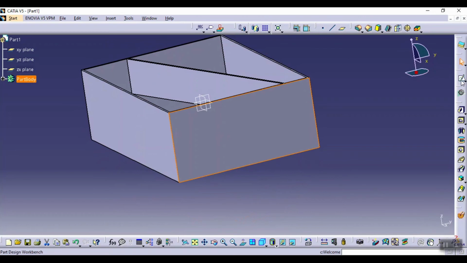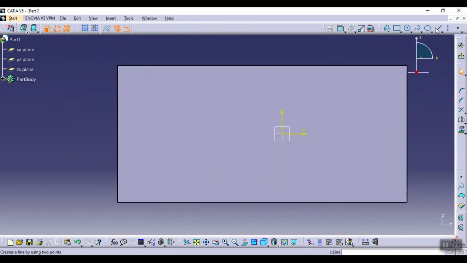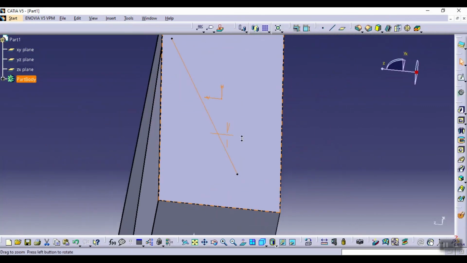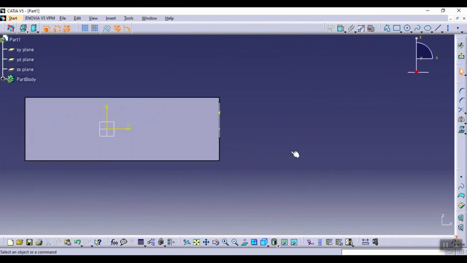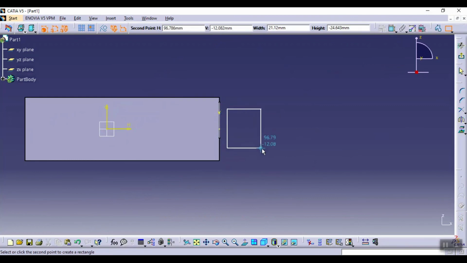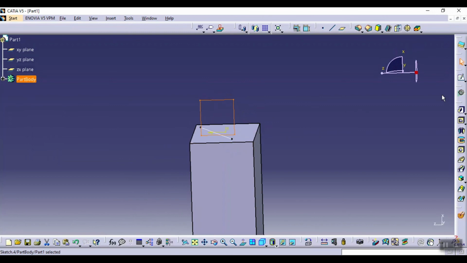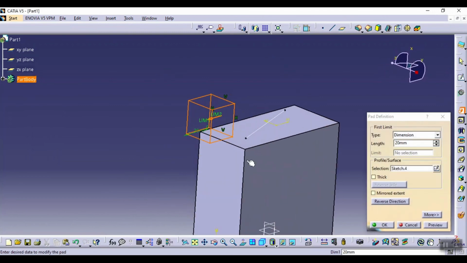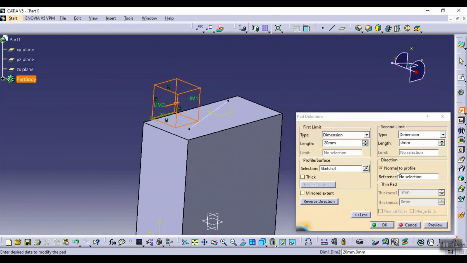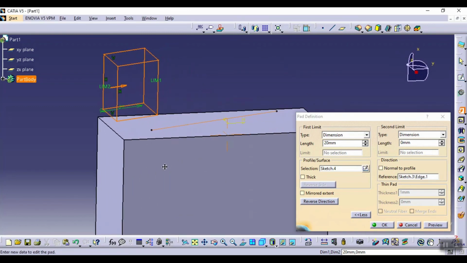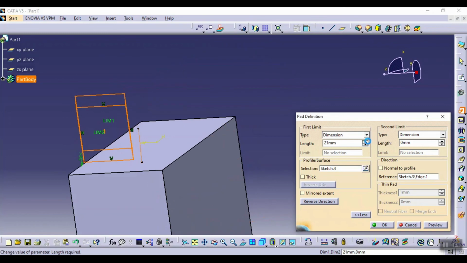Now select this face. I'm sketching a profile here, something like this line. I'm getting this line. Okay, so now what I want to do here, I'm selecting this surface, I'm creating an extrude here. Okay, so I want to pad here, select the pad, change the reverse direction, go to more. Now here I'm using the normal to profile option. I'm clicking on this one because extrude sometimes happens only in the perpendicular direction, but I want to change this in this direction. So you can change it in this manner. Click OK.